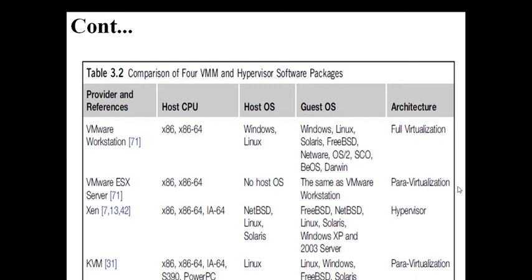Next one is para virtualization. With this, the host OS is going to control the guest OS, and the guest OS can access our resources only with the permission of the host OS. Coming to the hypervisor, it's a little bit better. It helps convert from one form of representation to another, from Windows to Linux or Linux to Windows, or any conversion, very easily without giving any problem to the two OSs.